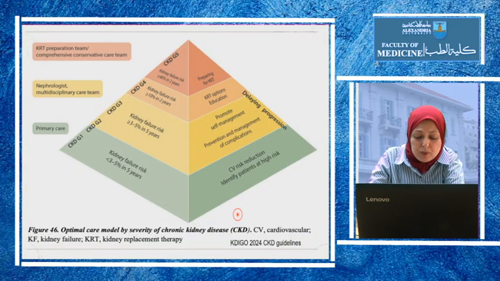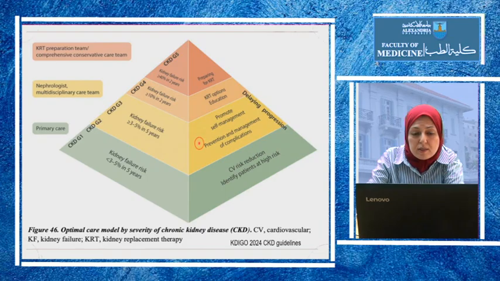But also, the steps we take to delay progression also reduce the cardiovascular risk. So even in patients with CKD1, it's important to reduce cardiovascular risk and identify patients at high risk. In all stages up to stage 4, an aim is to delay progression.